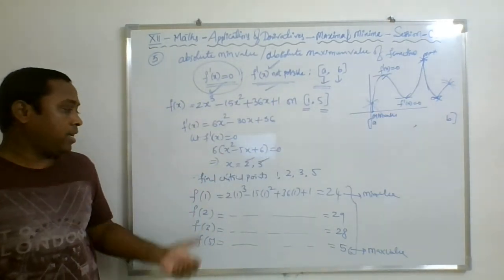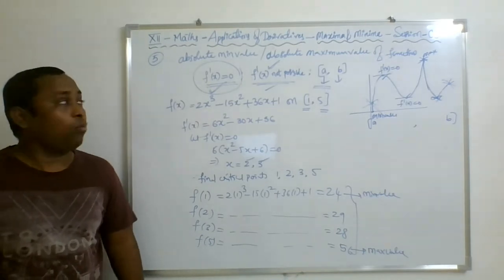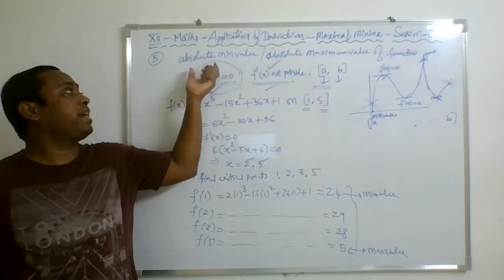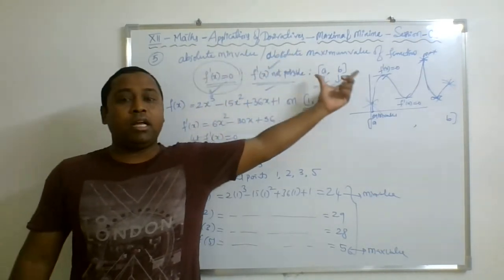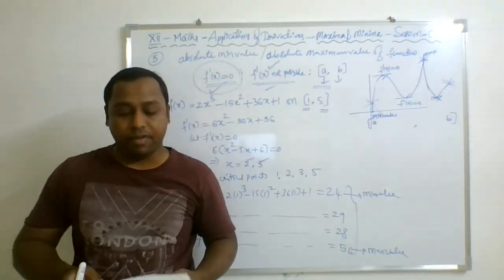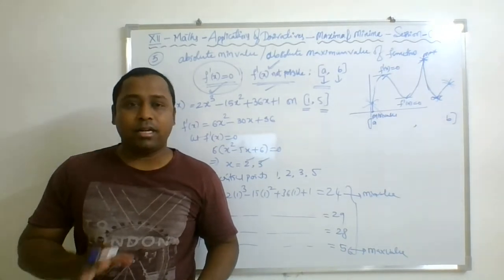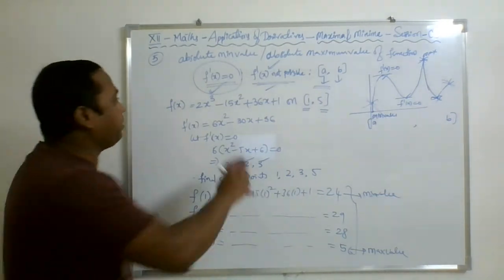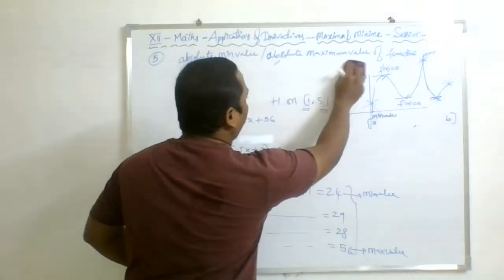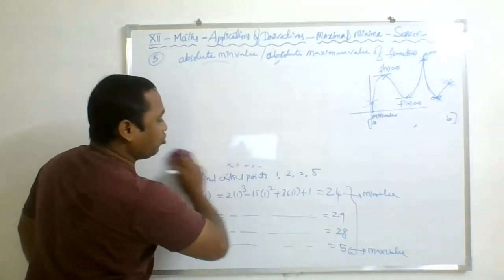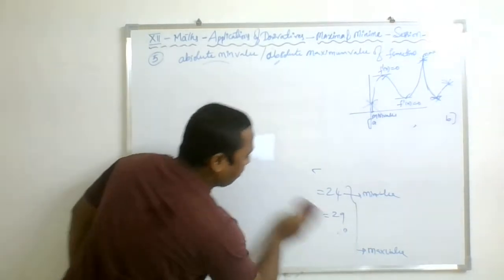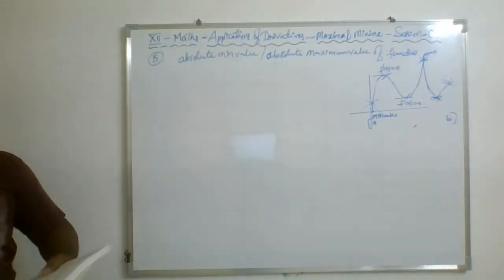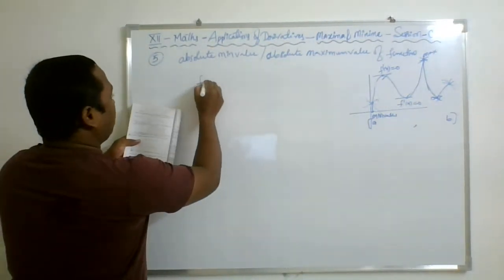So this is the method we'll follow when the given question asks to find the absolute minimum value and absolute maximum value. Now, to understand this in some depth, it will hardly take 1 minute. I am just changing the function by keeping the concept the same. Just take this question for a while.